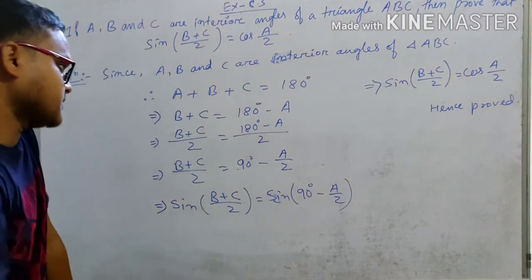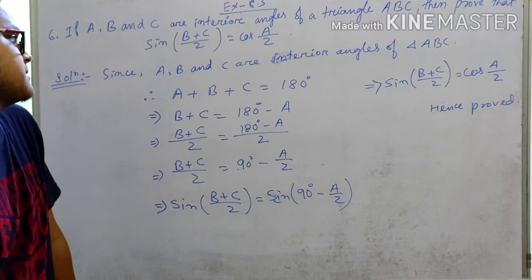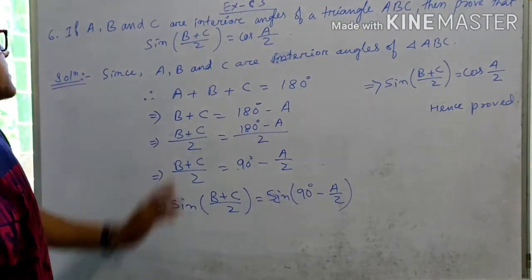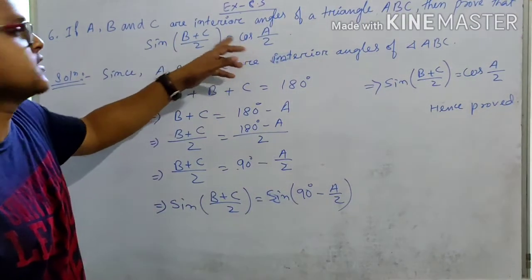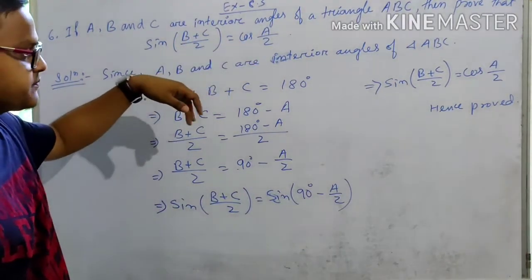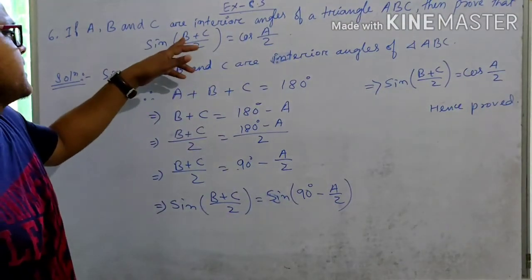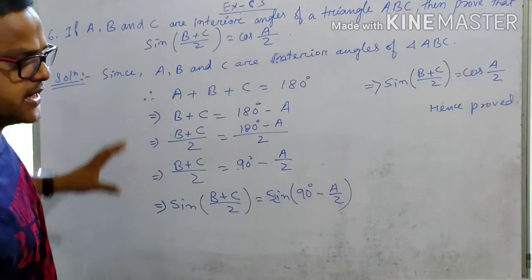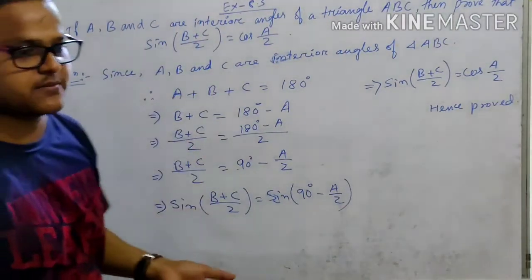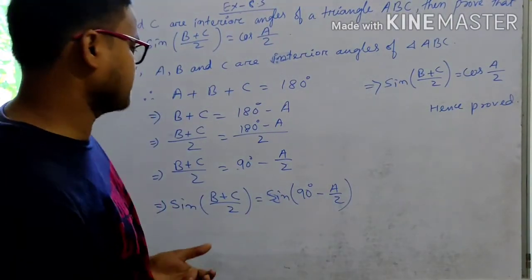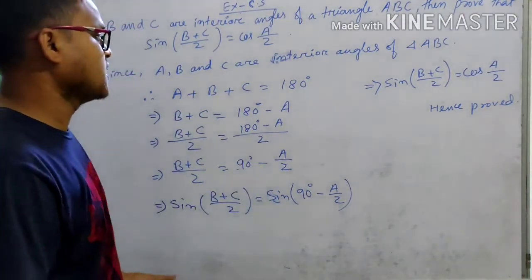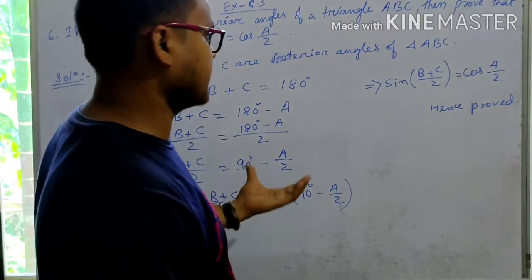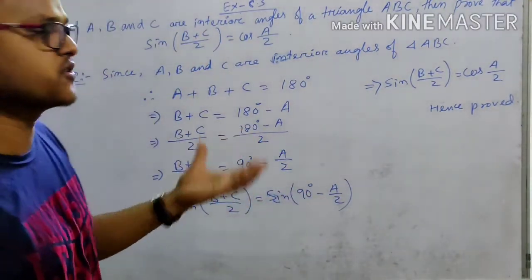So the same question in the exam, they can use different types of trigonometric ratios, suppose here tan, cot, cosec, sec, like that. Same proof. Sometimes here it is given A plus B and here it is C. So you can see the same type of question in the exam. So you try to practice very well at home, and the questions which are left in the exercise, you try to solve by yourself.